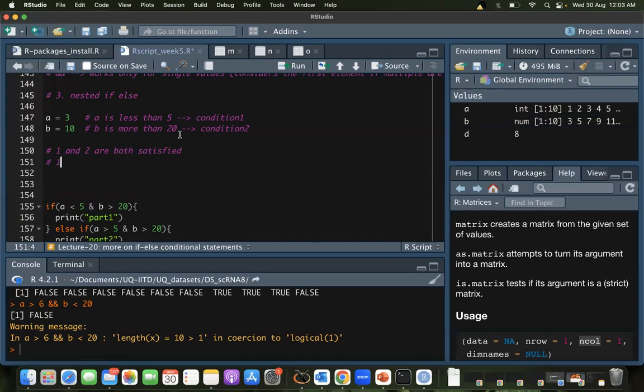Or, and by 1, I mean condition 1. I don't know, this is how I write condition, right? 1 is satisfied, but not 2. And you know the other 2, right? 2 is satisfied, but not 1, and both are not satisfied.